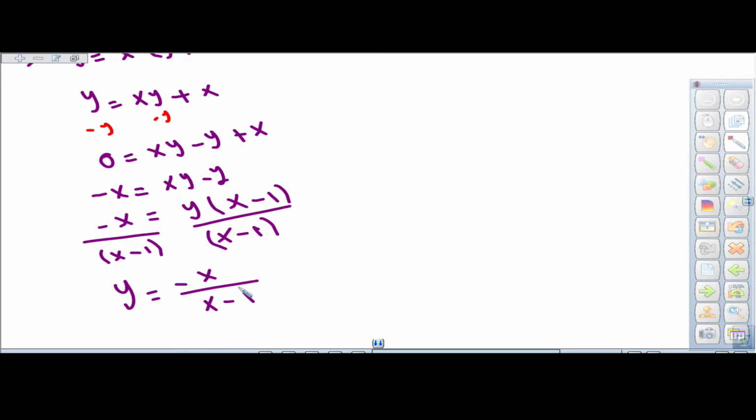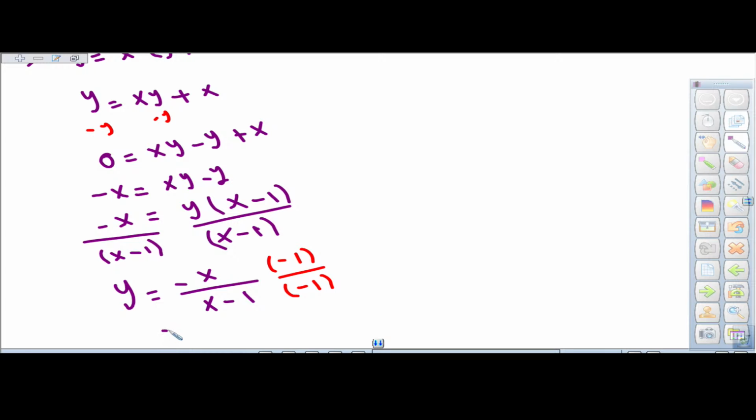Also, what they did is another extra step. It was kind of cosmetics, I should say. They multiply top and bottom by negative 1, and that gave me